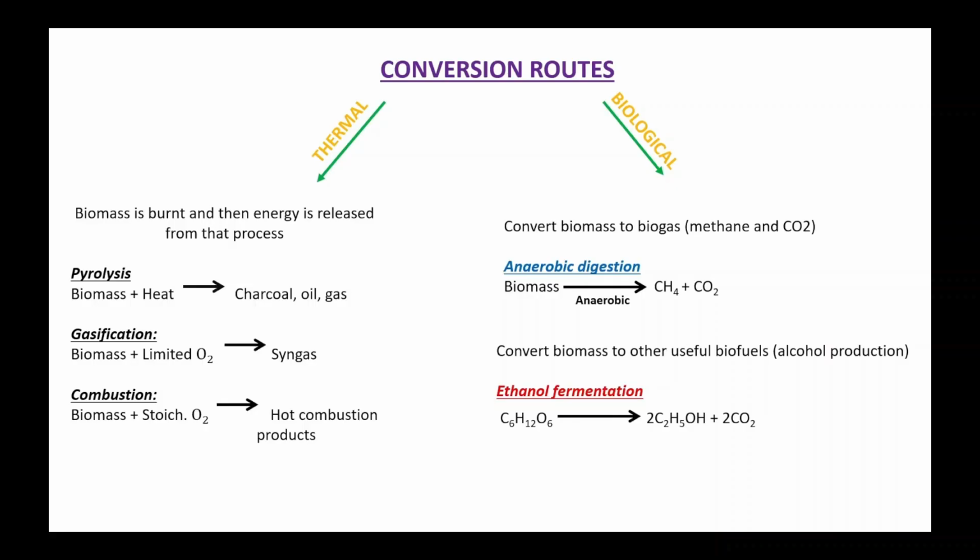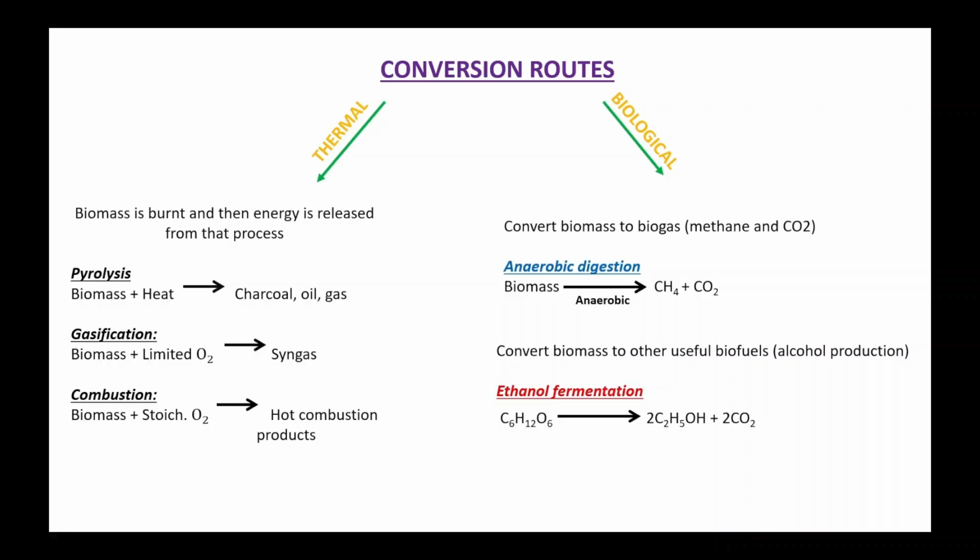So here it is a digestion process because this biomass, which is a complex compound, is broken down. Since a bigger molecule is going to be broken down into simpler substances, we call this a digestion process. And since this digestion process happens in the absence of oxygen, or a very deficient amount of oxygen, this process is called anaerobic digestion. The difference between anaerobic and aerobic is basically the presence or absence of oxygen for the digestion process.